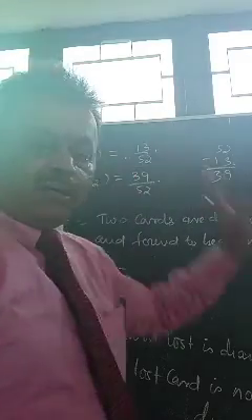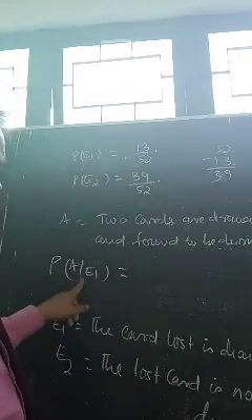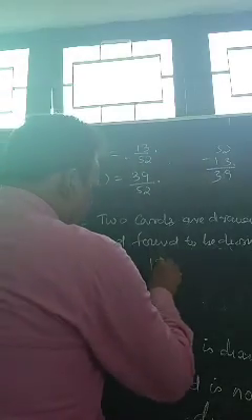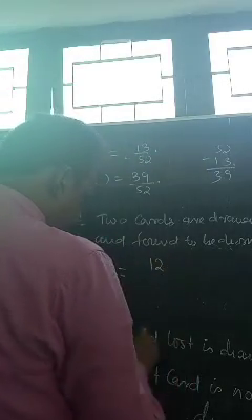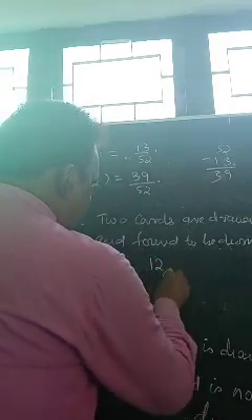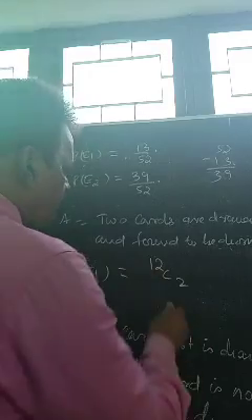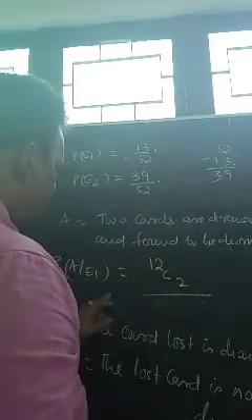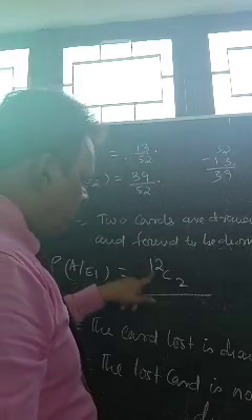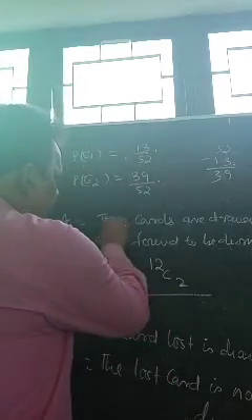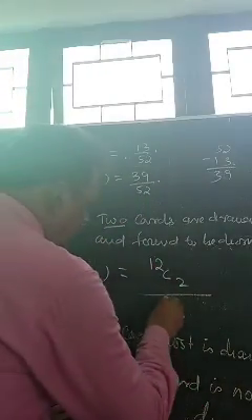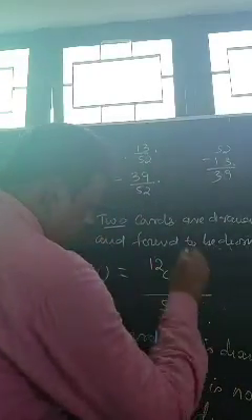Now you have lost one diamond card. So how many are left out? 12 are left out here. So from 12 cards you are drawing 2 cards: 12C2 divided by, because one card is lost, instead of 52 you have 51. From 12 you are taking 2 cards. It is not one card now, 2 cards you are telling. So combination formula, 12C2 by 51C2.